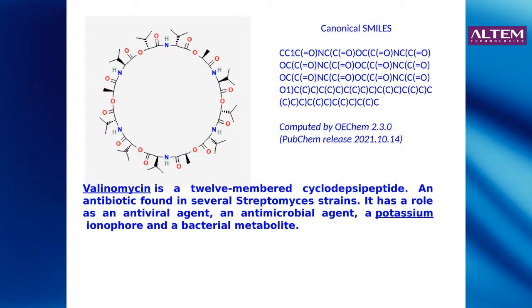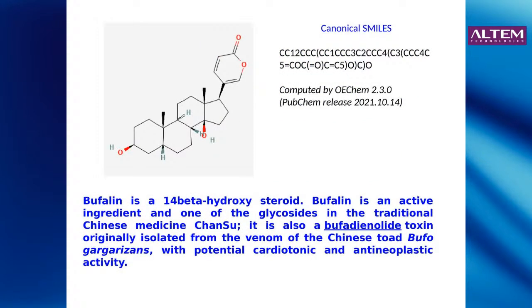And I was also able to isolate the chemical canonical SMILES for the compound. So with the availability of these SMILES structures, we can go on and do further analysis about the ADME, that is the absorption, the pharmacokinetics and toxicology profile basically. So this was the canonical SMILES for the next compound, bufalin. So interestingly, bufalin is already known in Chinese medicine. In Chinese medicine, they call it shansu. It's of steroid origin. It's a steroidal molecule, and it is found naturally in the venom from the Chinese toad.